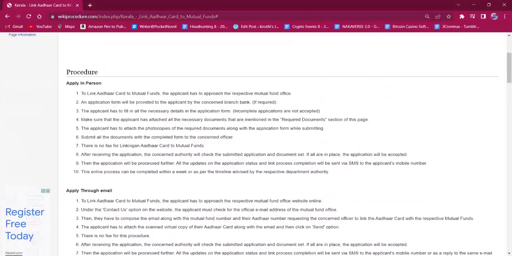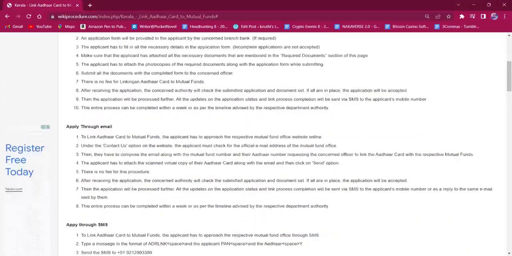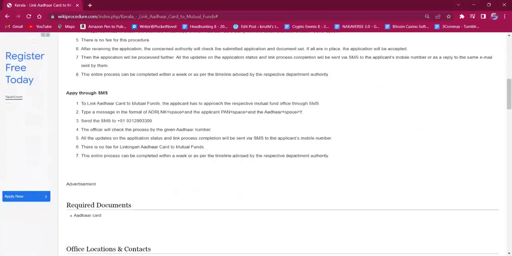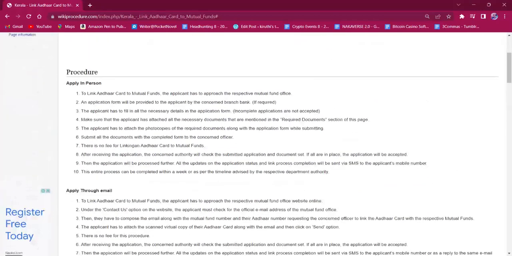For applying in person, the applicant must approach the respective mutual fund office. They have to obtain the application form from the branch. Then they have to fill it in with all the necessary information. They have to make sure to carry the documents mentioned under the required document section of this page. Needed document is Aadhaar card. The applicant must attach the photocopy of the Aadhaar card along with the application form and submit it at the